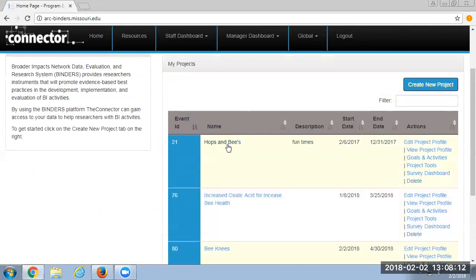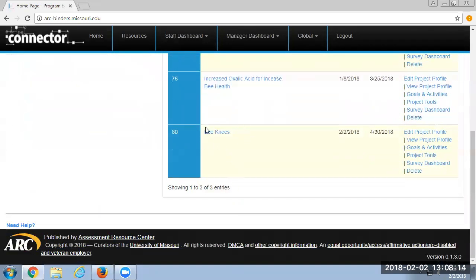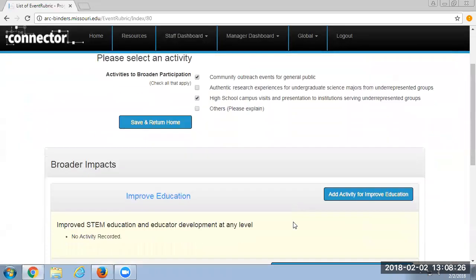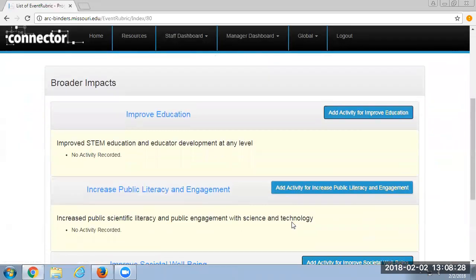So as you notice, I have other projects in here, but we're going to come back to the Bee's Knees. So you notice that we created a project. We added some additional information. I'm going to go back to the page of goals and activities because I want to establish some activities related